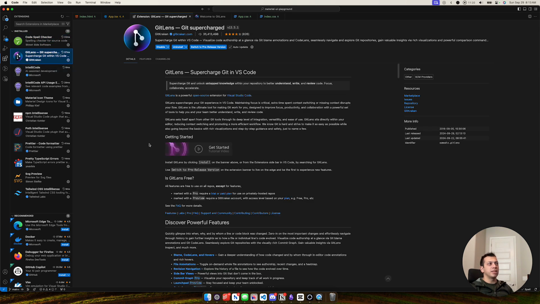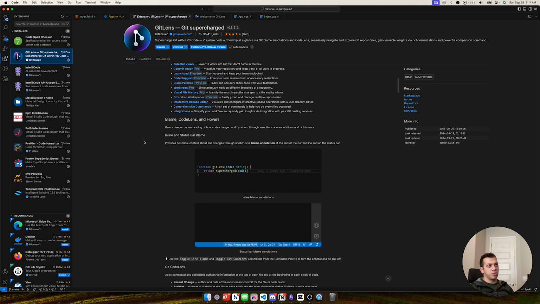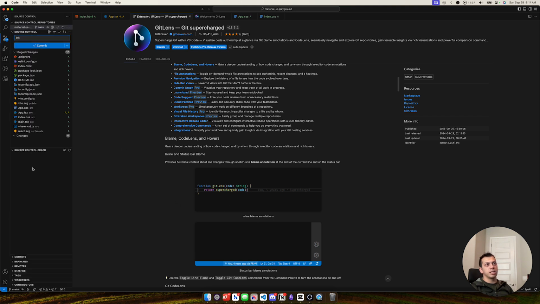GitLens, the main thing I use it for is this git blame, being able to see and quickly jump into the commit that was on that line. And then there's lots of other features. I do not use them all. I should get to know it a little better, but that's the main thing I use it for. That is super nice. The other thing that's nice is it pulls in